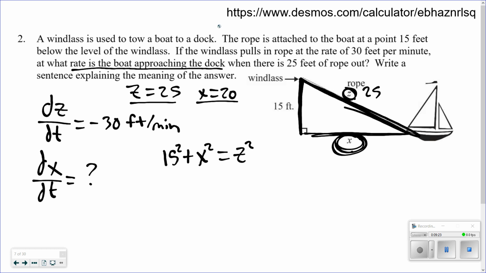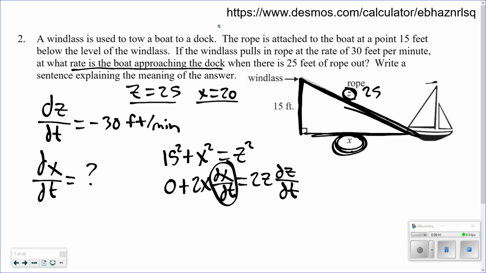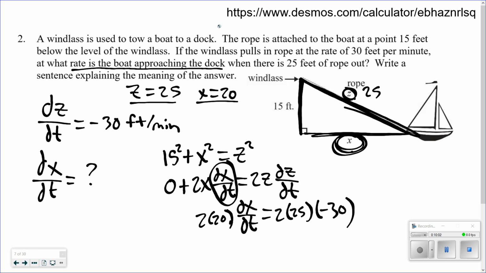Okay, let's take the derivative. The derivative of 15 squared is 0. The derivative of x squared is 2x dx/dt. The derivative of z squared is 2z dz/dt. Remember, I'm trying to find dx/dt. So now plug in what we know. I know x is 20, so 2 times 20 times dx/dt equals 2 times 25 times dz/dt, which we have as negative 30. So we end up with 40 dx/dt